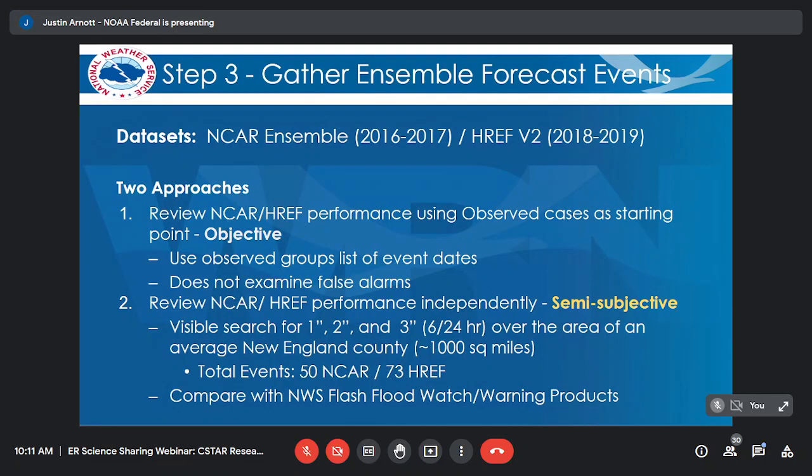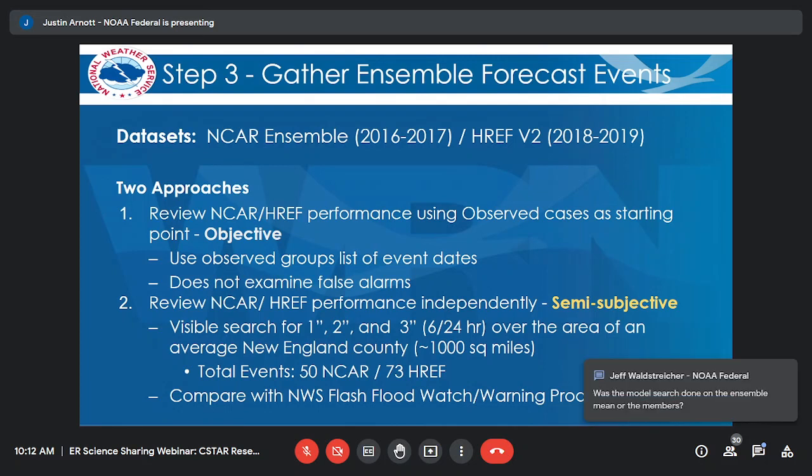So one was done purely from a software side of things: we have the observed events, let's plug and chug on the statistics. The other was put through the eyes of the forecaster: identify an event, identify how the model did, see which one did the best, and then just start cataloging results. And so you're going to see less in terms of specific bias numbers and mean absolute error numbers,